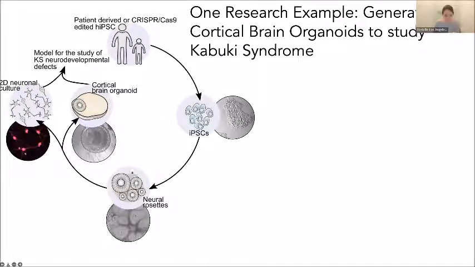And then we grab each of these rosettes and generate brain organoids, or we do two-dimensional culture. And in these models, we test not only different genetic tools, but also drugs and drug screening. And then we perform a wide array of techniques that allow us to understand not only the response of those cells to specific drugs, but also what is the molecular fingerprint that is leading to what we observe in the clinic as a phenotype, as the way that a patient is manifesting the disorder, in this case, Kabuki